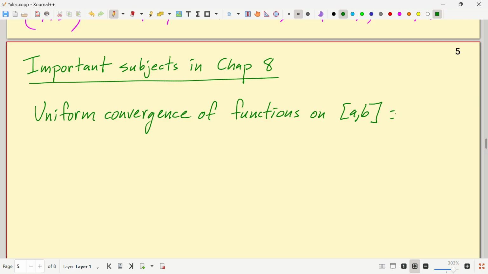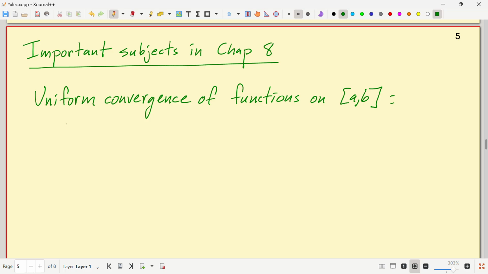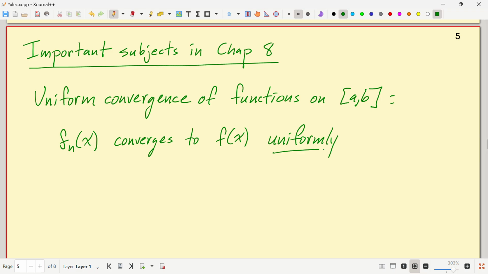Okay, and so it's about not just a number going to another number, but a whole function getting close to another function. So we write f_n of x converges to f of x uniformly on AB